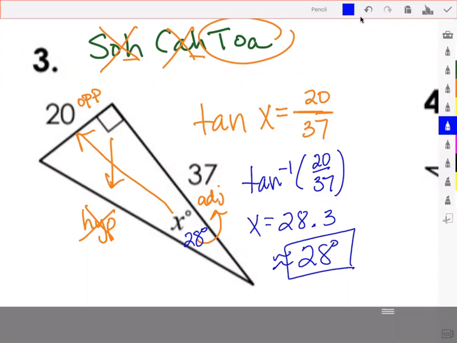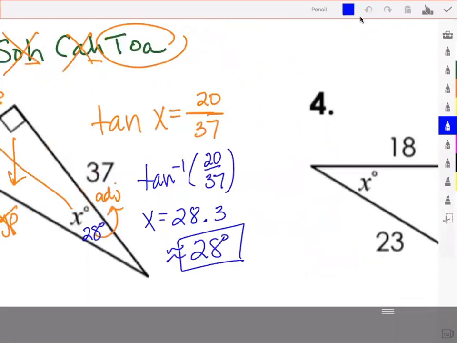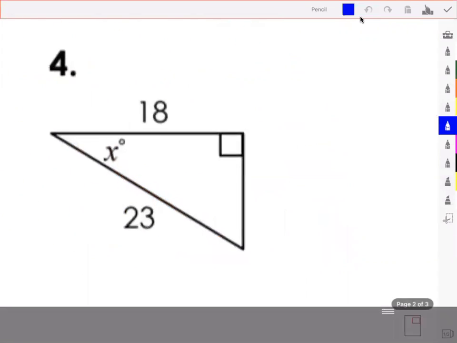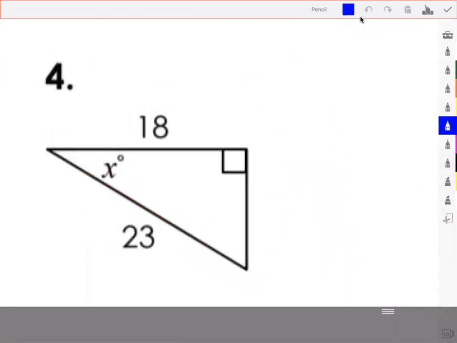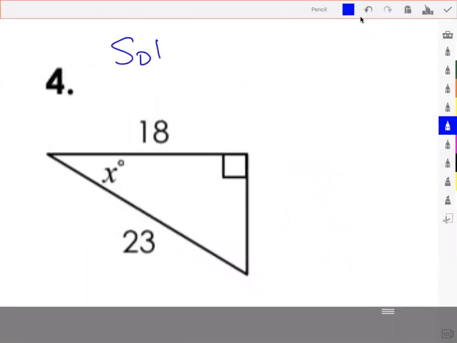And would anyone like me to do a fourth one? Anybody want to see another one? Actually, I know somebody that just came in, so let's do another one because I just let somebody in. So let's let them see a fourth one or second one for them. So